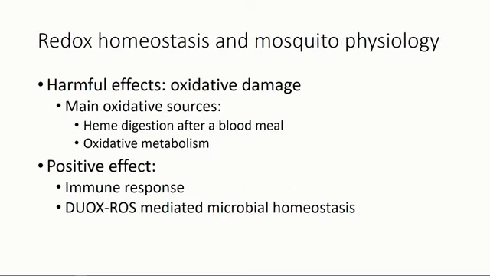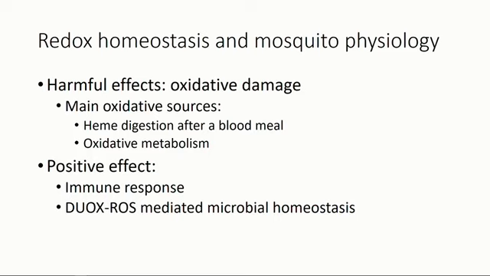That leads us into redox homeostasis. When a mosquito takes a blood meal, it ingests hemoglobin, which will produce oxidative stress, and I'll talk about that in a minute. Also, oxidative metabolism, which both males and females undergo. When electrons are being passed through the electron transport chain, if oxygen interacts with any of the first two complexes, that oxygen can become a free radical due to its unpaired electron.